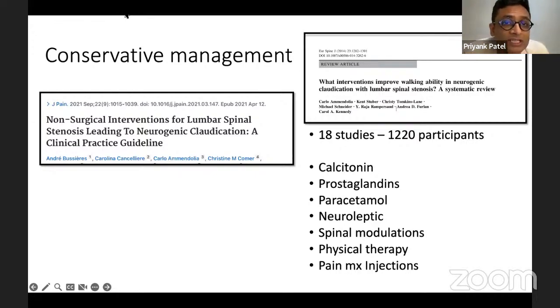Now the discussion comes, is a block going to be safe or is it contraindicated? Well, there is no real contraindication for a selective nerve root block. But in such tight stenosis, you would not want to give an epidural injection. Because when you give an epidural injection, there's a chance that you might develop an epidural hematoma. Or in a tight stenosis, you're pushing 1 cc of drug. That itself is big enough to cause a sudden acute deficit. So selective nerve root blocks are safe. But the most important thing is counseling.